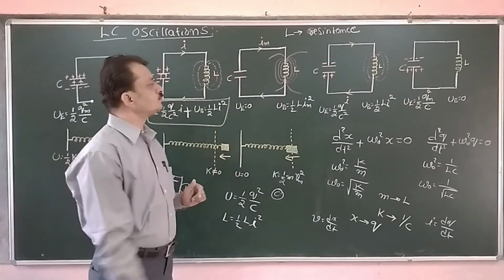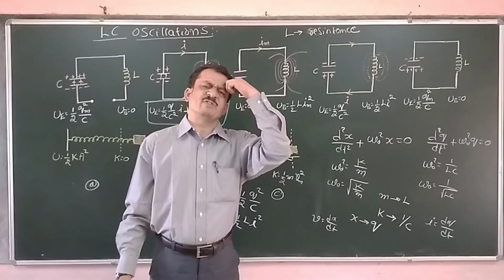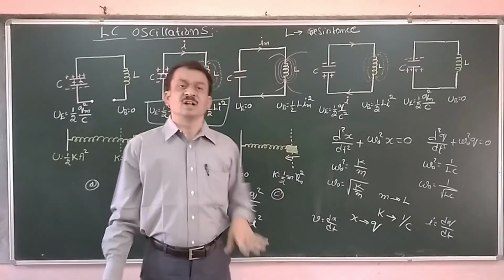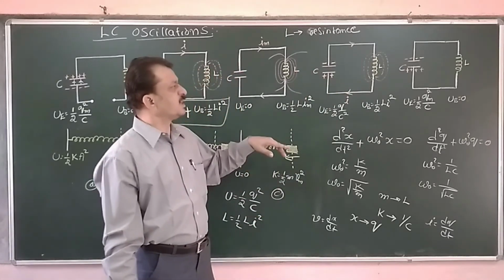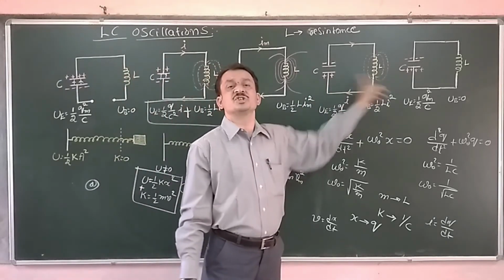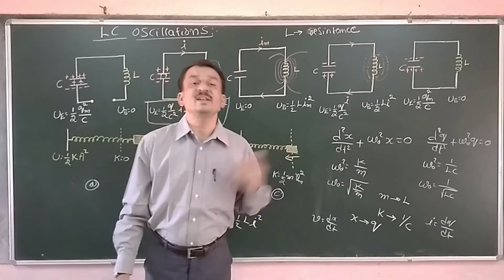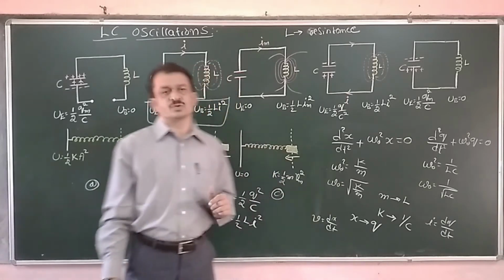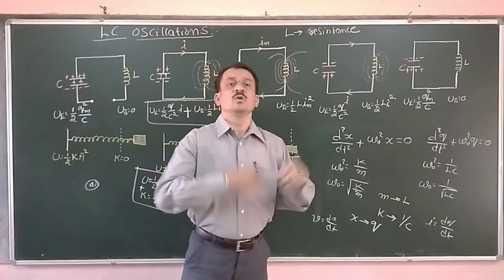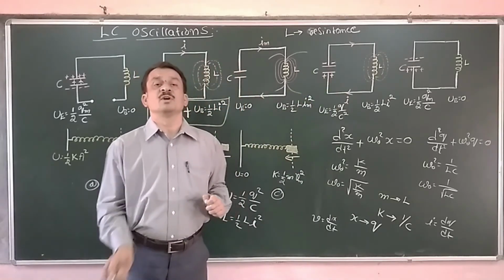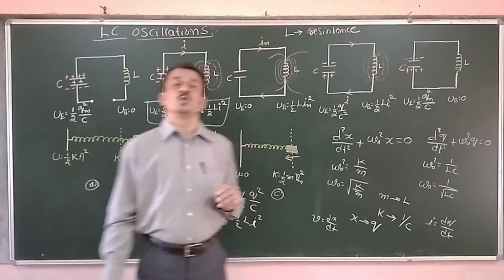And the second one, even if we minimize the resistance, or even if the resistance is very negligible, even then this electromagnetic oscillation dies out, because, as we will study in later chapters, an oscillating particle is going to radiate energy in the form of electromagnetic waves. Now these oscillations from electrical to magnetic, magnetic to electric, are going to radiate energy in the form of electromagnetic waves, and hence this oscillation is going to damp out and die out.